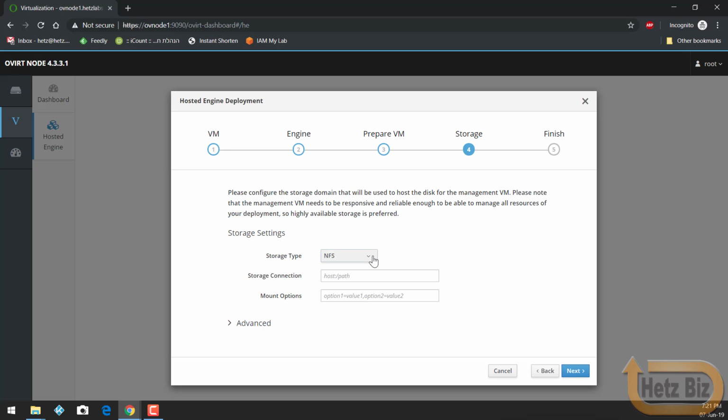So make sure that you have user ID, group ID, KVM, and the ID number is 36, both for user ID and group ID. So here we'll type the name,